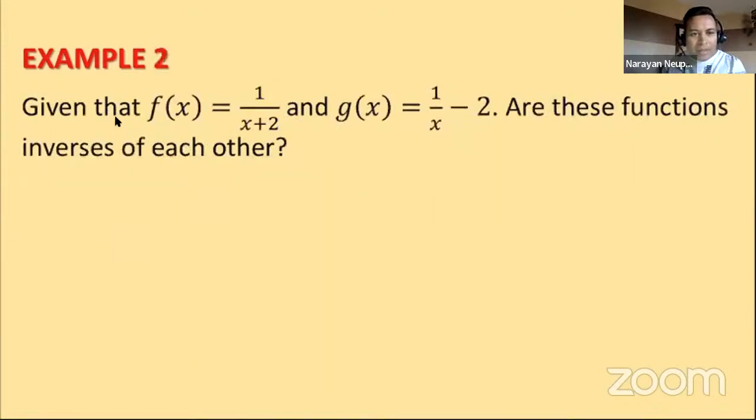Here is our second example. Given that f of x equals 1 over x plus 2 and g of x equals 1 over x minus 2, are these functions inverse of each other? Remember, if two functions are inverse of each other, you can even take this as an important note. Let me write here. If f and g are inverse of each other,